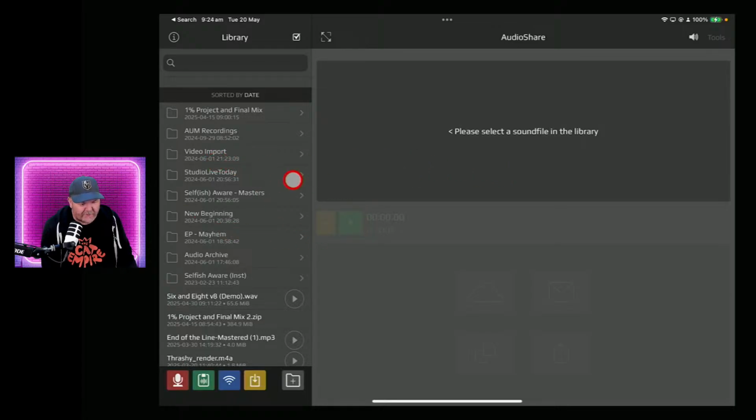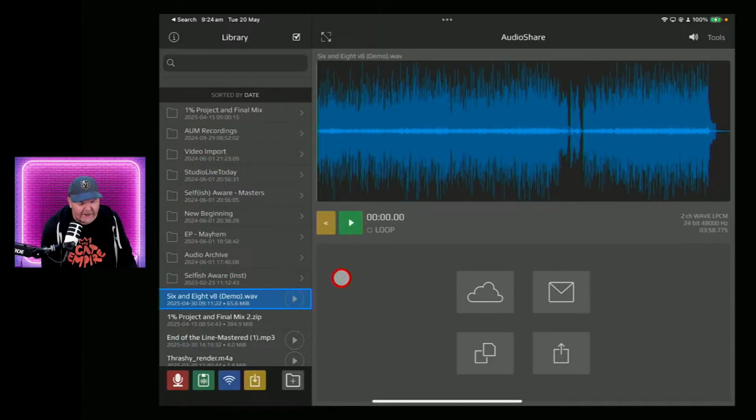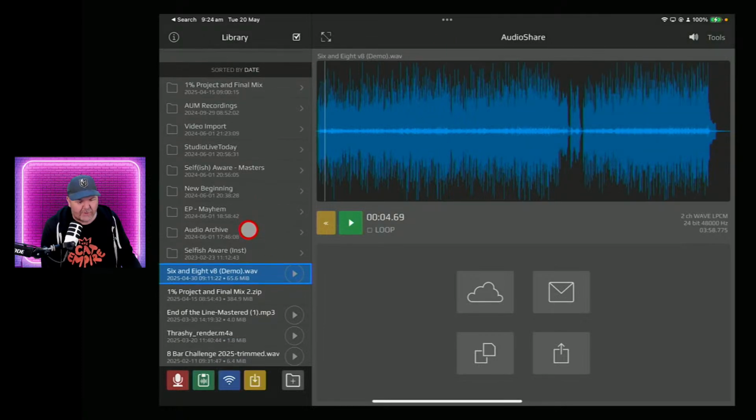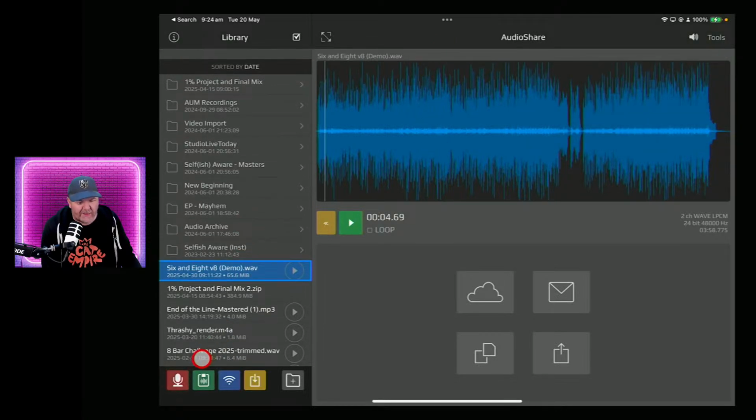So all of this is AudioShare, and not only can it play audio, you've got wonderful sharing options here. You can trim, so you've got tools here to trim and fade and to normalize and to convert your audio to different formats. It's just a Swiss Army knife. It's got a built-in recorder, which is one of the best audio recorders. When I'm at a concert or somewhere where I want to keep a personal record for personal use that personally I probably shouldn't do, I will use AudioShare because it's just super reliable.